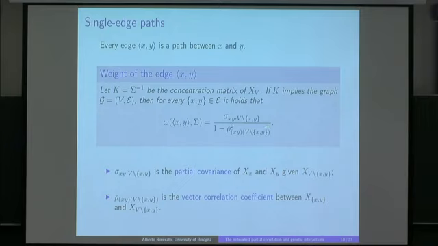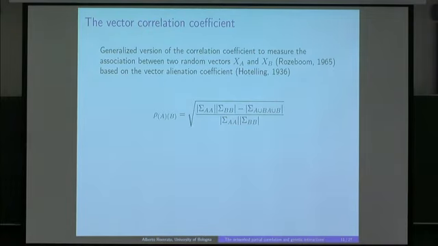And down here, there is a function of this rho, and this rho is a vector correlation coefficient. It's a vector correlation coefficient between the two variables, the endpoint of the edge, and all the remaining variables. So the vector correlation coefficient is a classical measure of association between vectors. It was introduced in 1965 by Roseboom, but in fact it is based on a vector alienation coefficient that was introduced by Hotelling in 1937. This is the way you can compute the vector correlation coefficient between XA and XB, but in